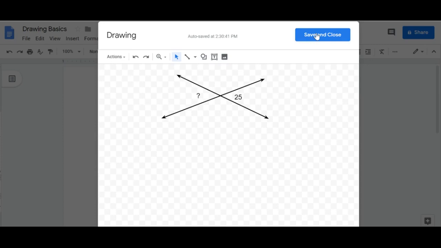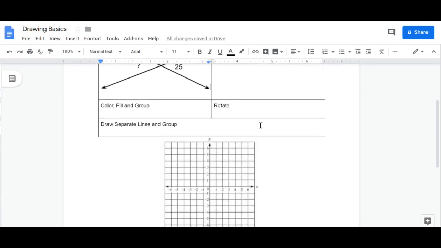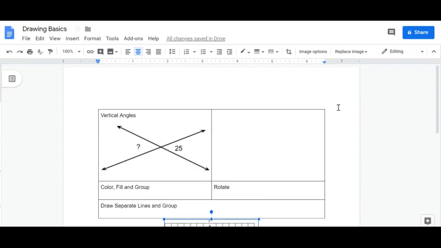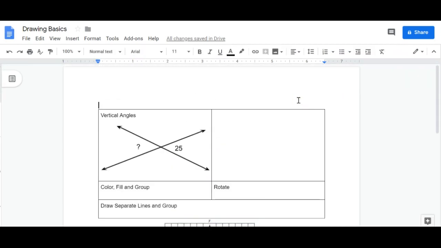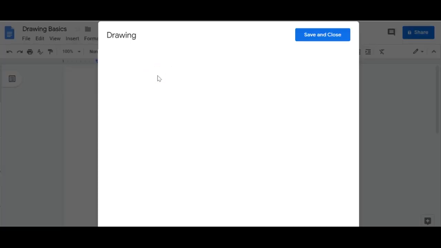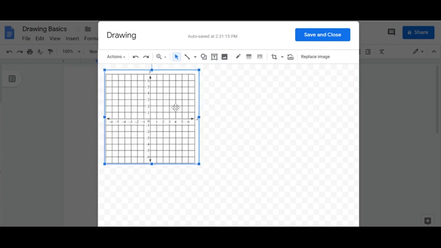I'm going to save and close that because I think I'm happy with that, and I'm going to move on. So the next thing I want to do is take an existing image. I'm going to copy that to my clipboard because I want to show you how we can go in and edit an existing drawing or image. So I'm going to paste my image in,